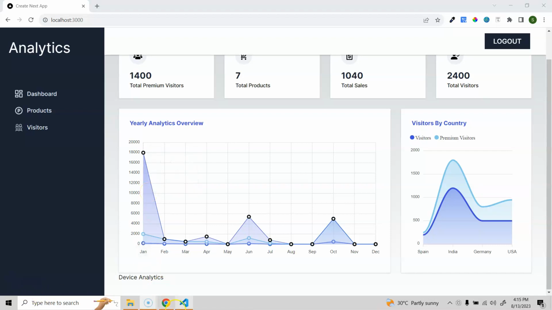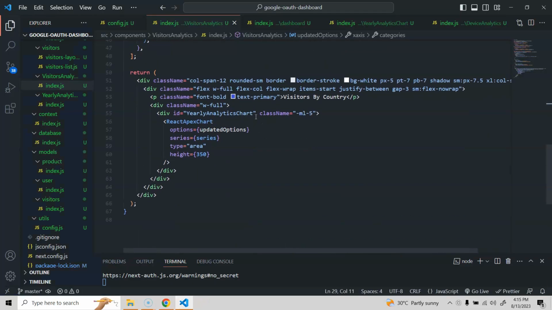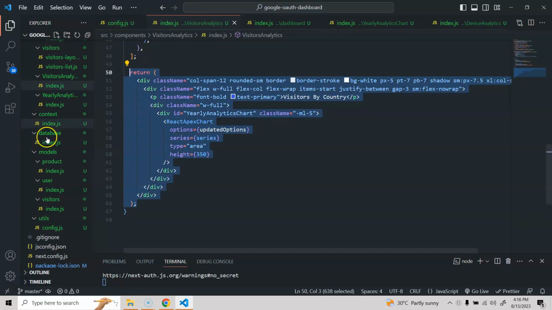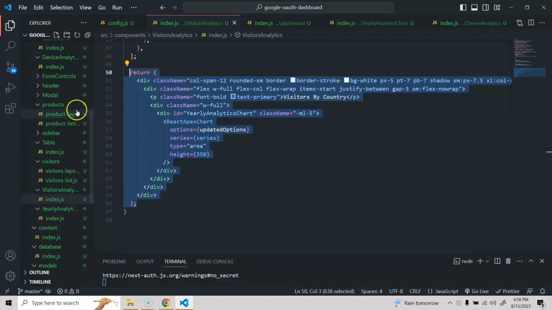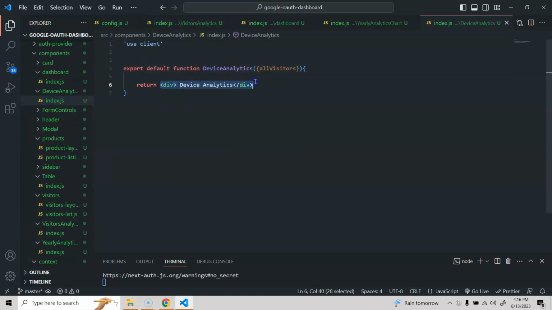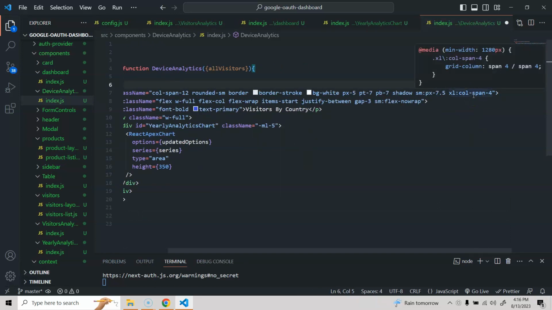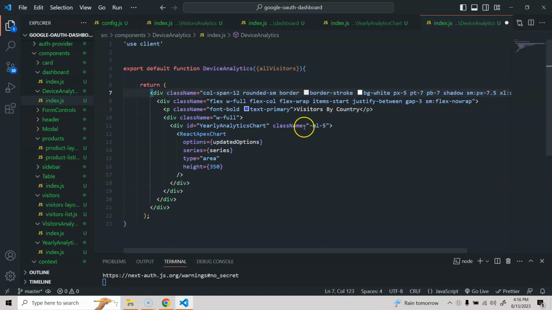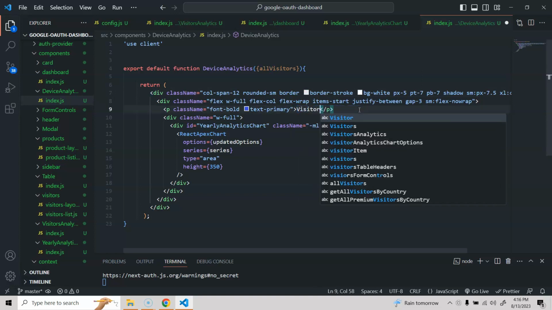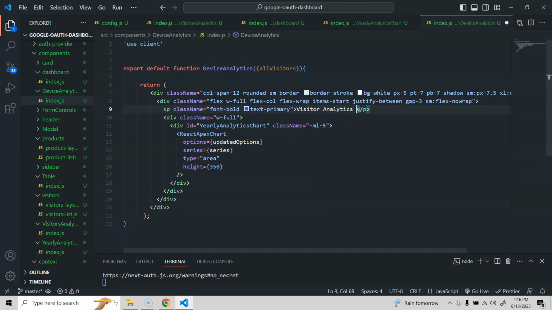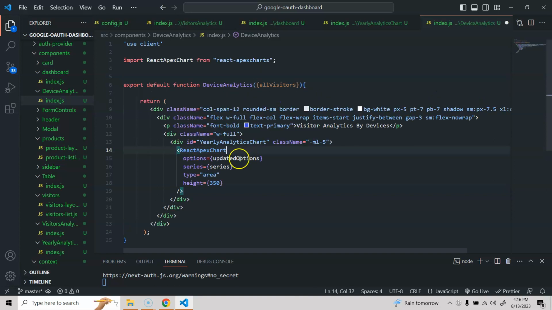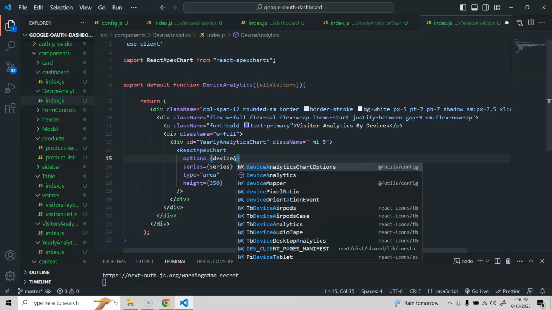Alright everyone, so let's start working on our last chart. We will basically have the same JSX that we need, so we can copy this one, then go to our device analytics here and use the same. Now there are some changes we need to do. For Excel, we are going to make this one 5, and this will be our visitor analytics by devices. We're going to import this one from here, and this will be our device analytic chart